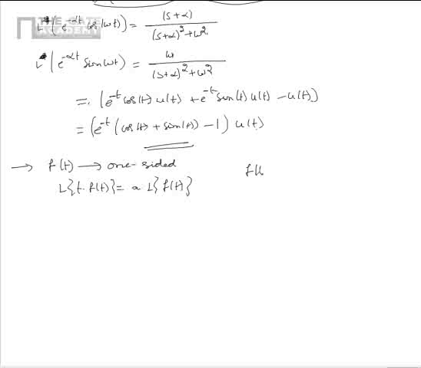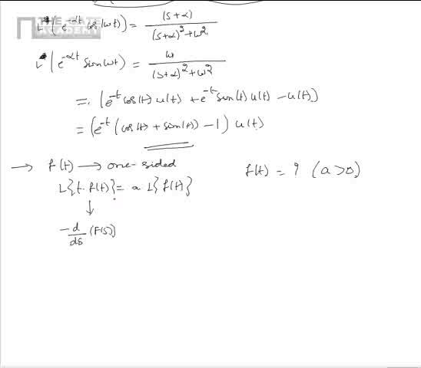We need to find any function f of t which satisfies this condition if a is greater than 0. We know that Laplace transform of t into f of t is minus d by ds of F of s,